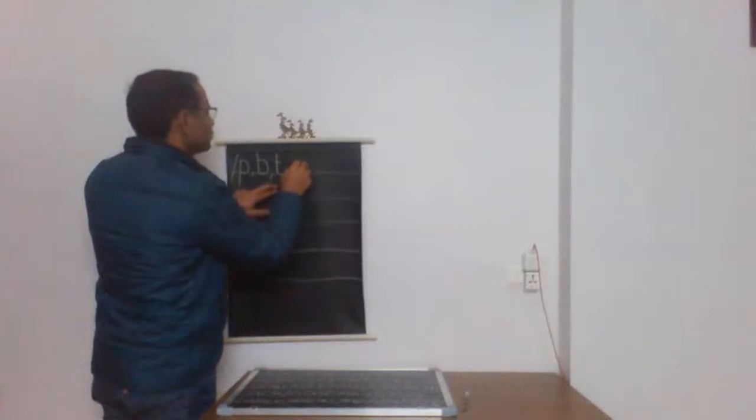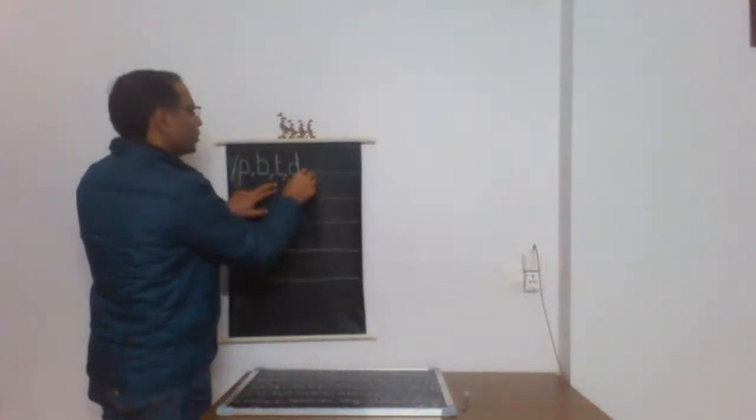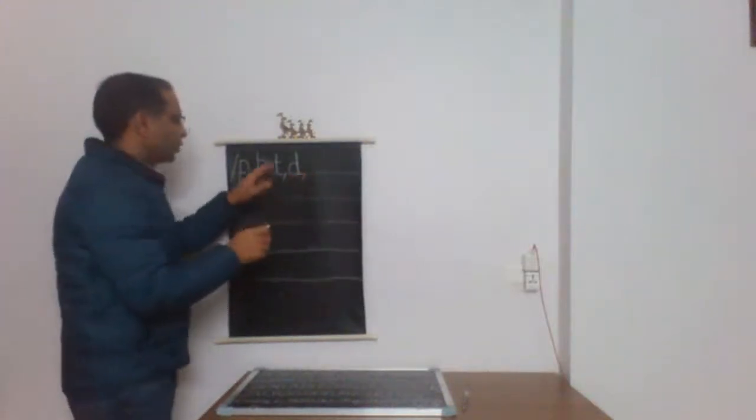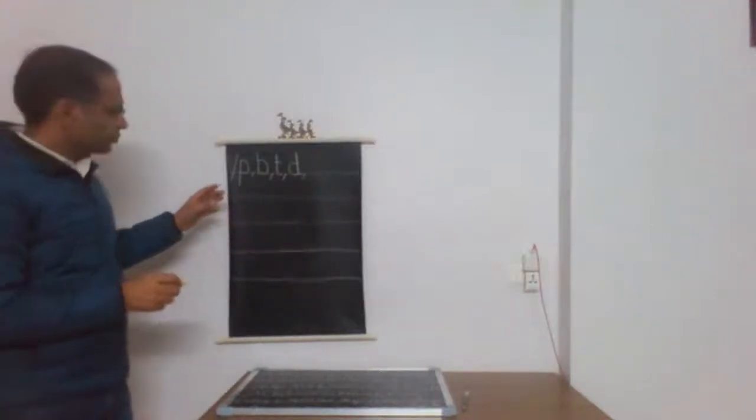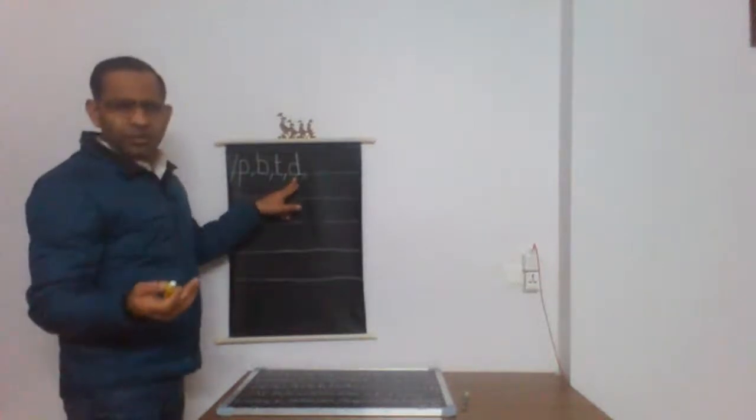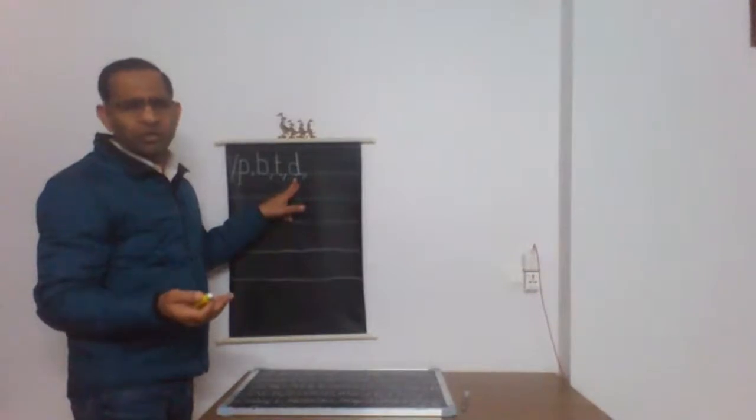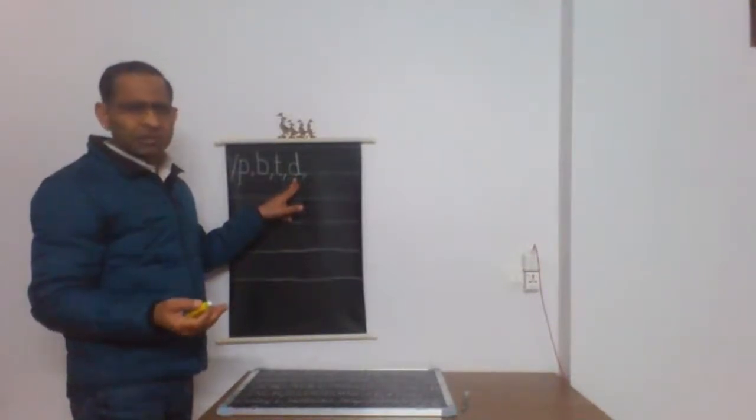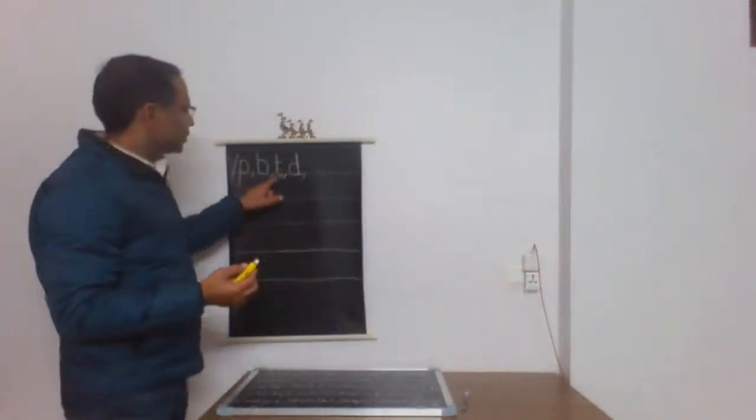Then da, and try to keep your lines straight when you write these symbols. Da is a voiced sound, and it is used in the production of words like drama, dance, heart. So pa, ba, ta, da,